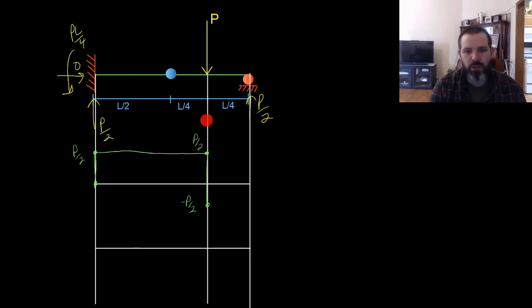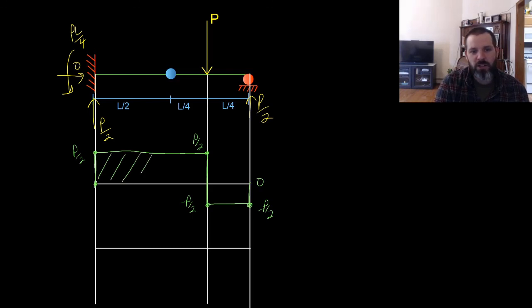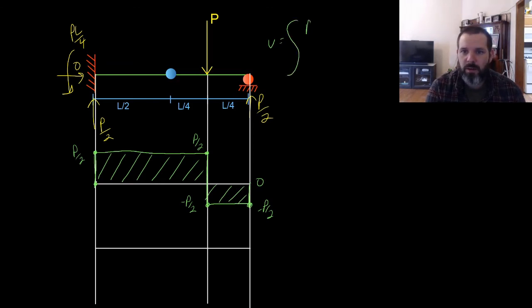Since there's no loads from here to here, we're going to stay constant at P over 2, and then our reaction force is going to jump us from minus P over 2 up to 0. So our shear diagram begins and ends at 0 and is just two piecewise constants. So we can write our piecewise equation as it's P over 2 for 0 is less than or equal to x is less than